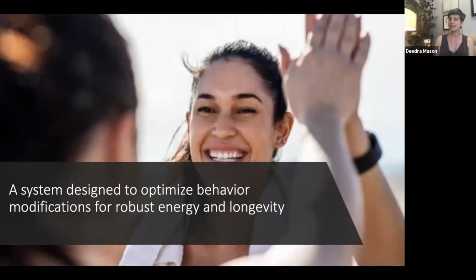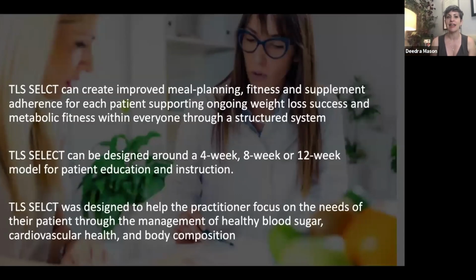The system is designed to optimize behavior modification so that patients have robust energy and longevity. And of course, we do this without putting a lot of weight, expense, or time on the practice or its staff. TLS Select can ultimately help that practice, their staff, and the patient moving forward improve meal planning, fitness, and